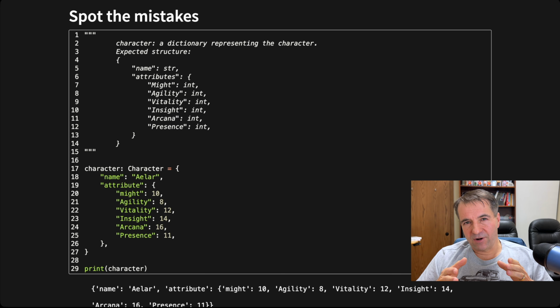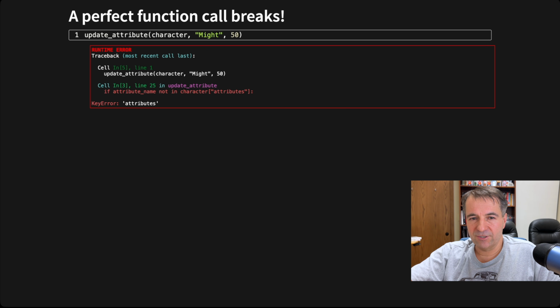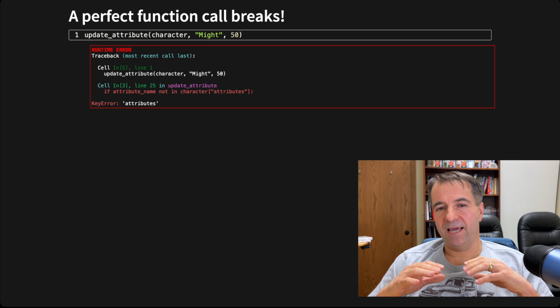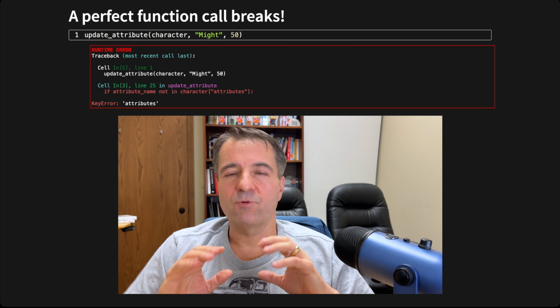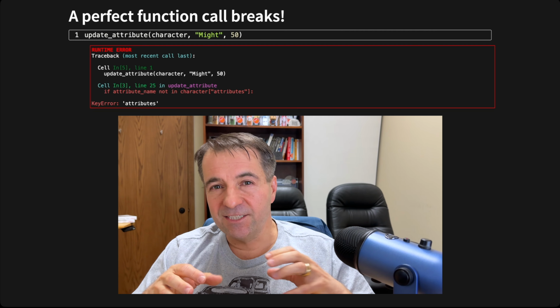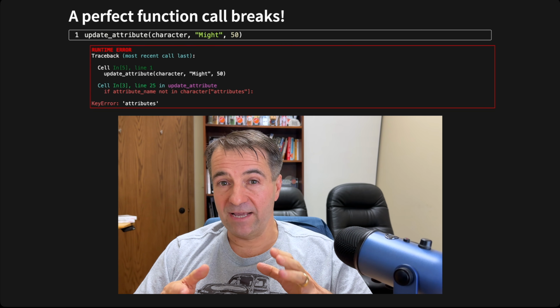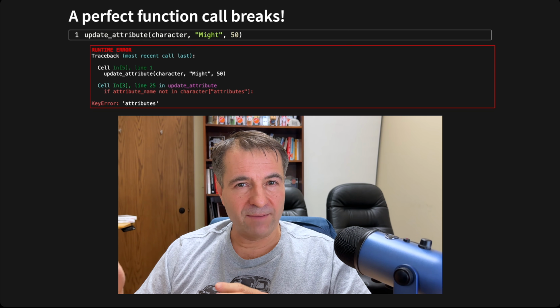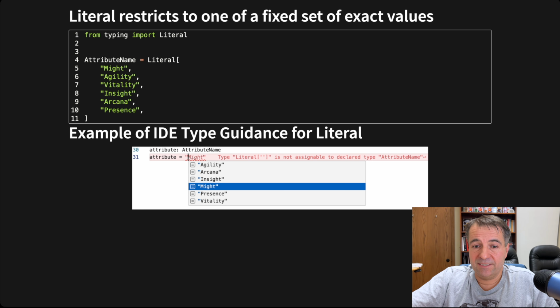So if I have the docstring in front of me, I can create a character to send into the function. Down there is an example of creating the character. See if you can spot the two mistakes I've made. Lines 19 and 20: "attribute" without an S, and "might" without an M. Once we have the corrupted data on the backend, the problem now becomes that valid code starts breaking. Here we have a totally valid function, and somebody executes it, but because the data is corrupted in the backend, you have a mess. And then things really get messy.